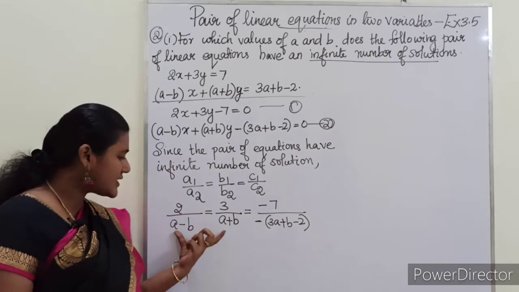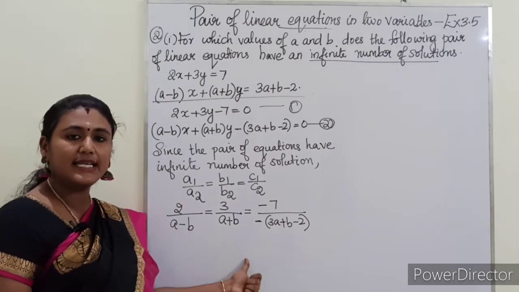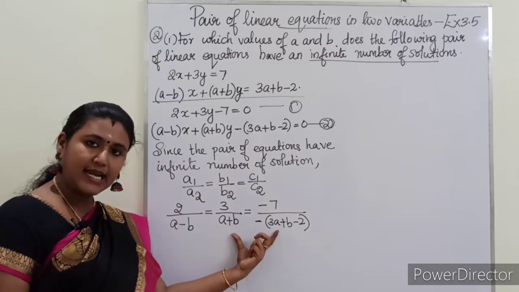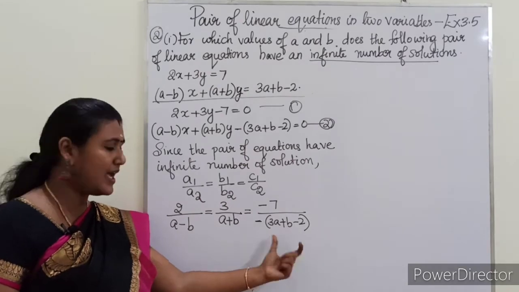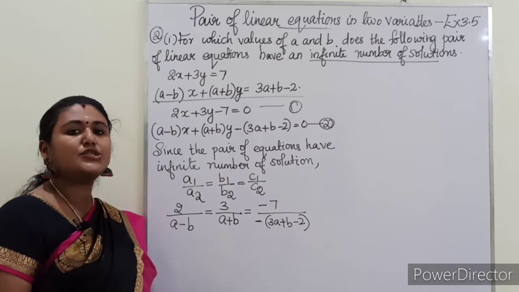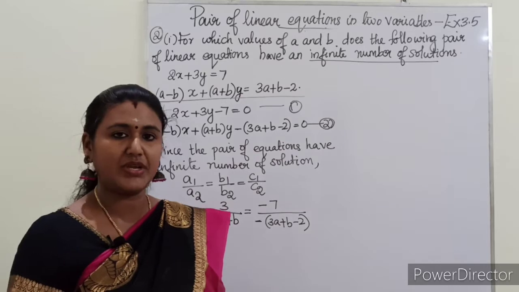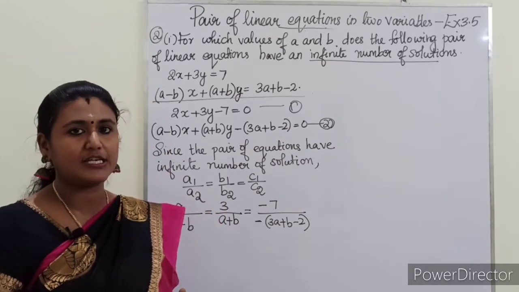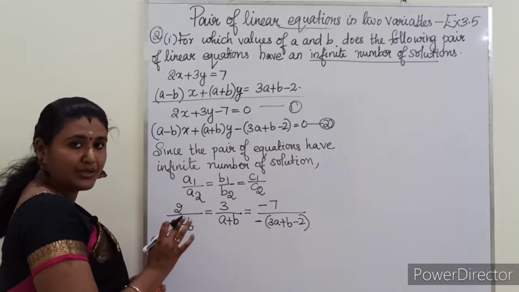So for that, first we will take the first two ratios. When you simplify, you will get a linear equation in a and b. Similarly, you can take either the second and the third ratio or the first and the third ratio. When you take and simplify, you will get another linear equation in a and b. Then these two equations you have to solve using any one of the previous methods which we have learned, either elimination method or substitution method or cross multiplication method. You will get the value of a and b. So now we are going to find out the equations.